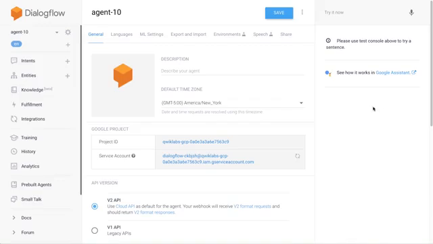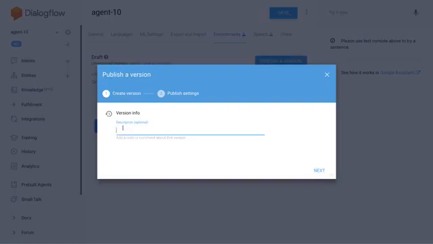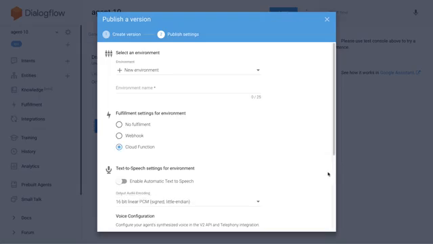So in the Dialogflow console, you see the environments option on the menu. When you click on it, you see that the draft is the current version being used. Draft will always be the active version. So if you publish a version, we can say order pizza only, and we name the environment and the version in a way that allows us to see and know what that agent is dealing with up to that point, for example. And then we decide which environment name we want to publish that version to.